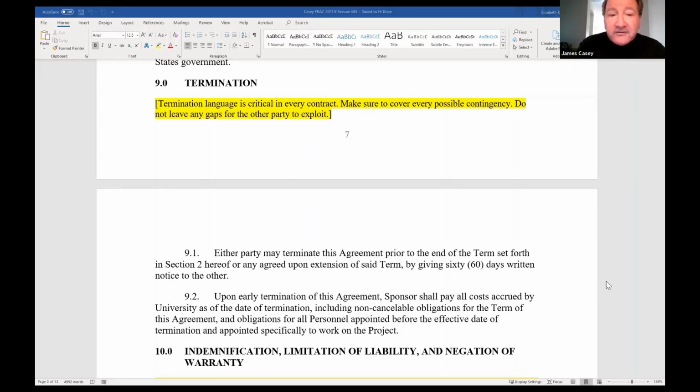In my university career, I would say that the other party exploiting a sloppily written contract was pretty rare. I think that's more common in the regular business world where you are looking at increasing profit. But I think among universities, that sort of shark mentality is not quite as common. But even so, the contract should be well written to cover every contingency and termination.